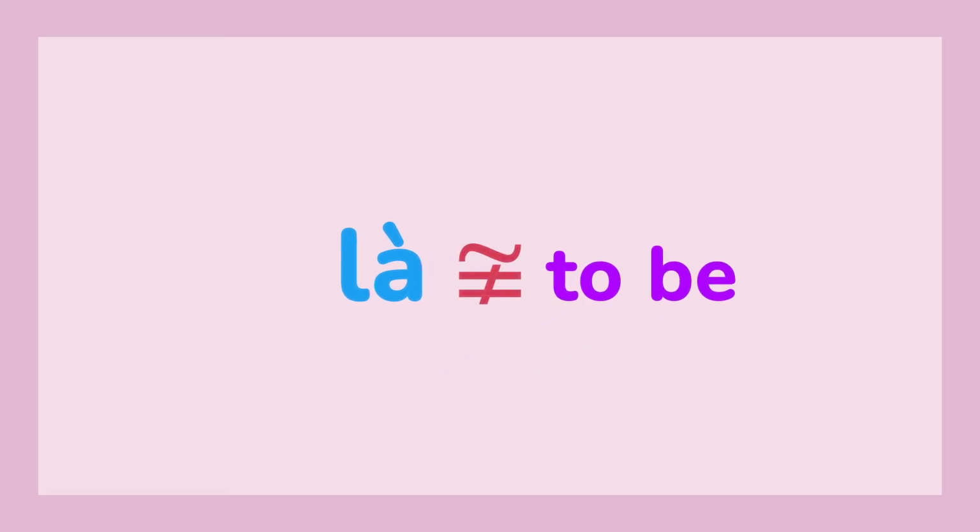Next, let's learn how to introduce yourselves. We have the word là. Là is used to talk about identities of someone or something. It means to be or other forms of the verb to be like is, am, are, was, were, because we don't conjugate verbs in Vietnamese. Remember that là is not always used like the verb to be in English. But don't worry, I will teach you when to use or not to use it in every expression.